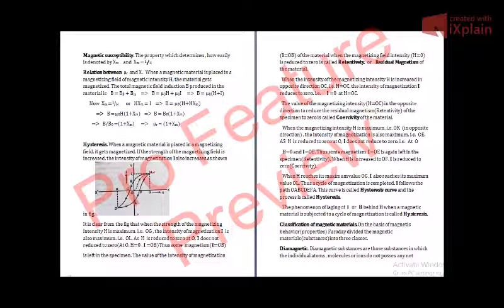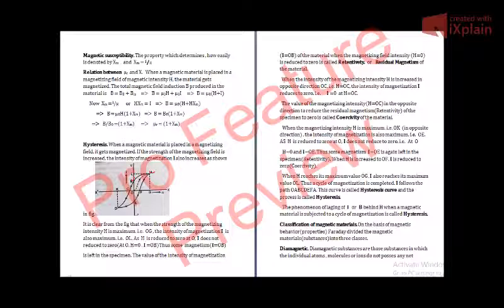As H is reduced to 0 at O, when we make the magnetizing intensity H 0, what happens? I does not reduce to 0 at O. As you can see, at O, I is equal to OB. At point B, H is 0, whereas I is equal to OB, that is, the intensity of magnetization is not 0.